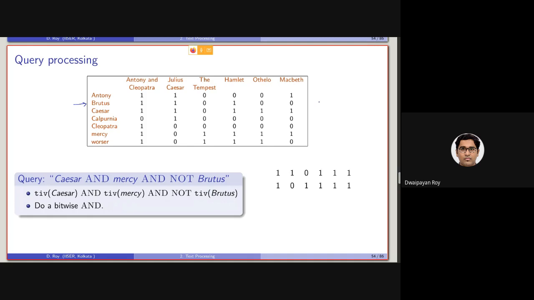It is 110100. So it is not. So all 1s will be transformed into 0 and all 0s will be transformed into 1. So for Brutus, it was 110100. After performing a NOT, it will be 0, 0, 1, 0, 1, 1.